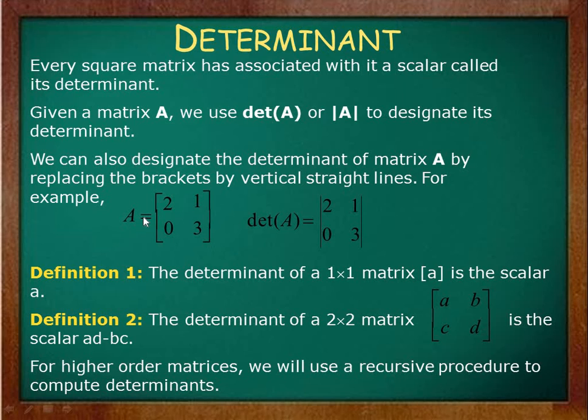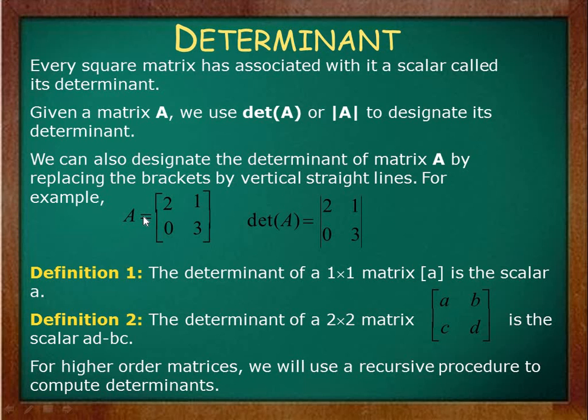Consider a matrix A as a square matrix of 2 rows and 2 columns. The elements of the square matrix are 2, 1, 0, 3. Then the determinant of this matrix can be written as 2 vertical lines, and inside these 2 vertical lines you have to write the elements 2, 1, 0, 3. Also, this determinant is used to express a singular value